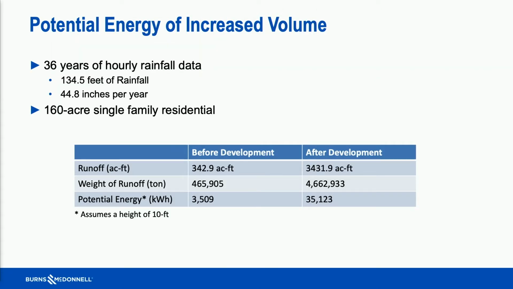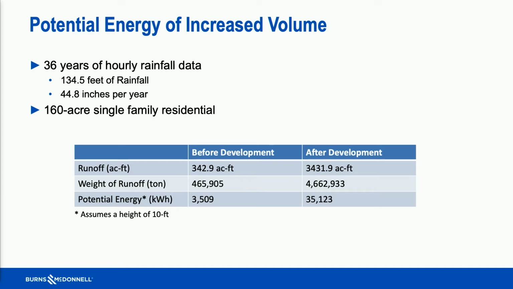What does that look like? And this is maybe a nerdy way to look at it, but you know, I'm trying things, so give me feedback if you think this is a stupid idea. I'm fine with it. So I took 36 years of rainfall data from here in Bentonville, and I did TR55 on 1 hour time and said, how much runoff has run off this 160 acre property over the last 36 years? Well, if it was undeveloped, I would have 343 acre feet of runoff. Over 36 years, that's all the runoff I would have gotten. Under that development I just showed you,